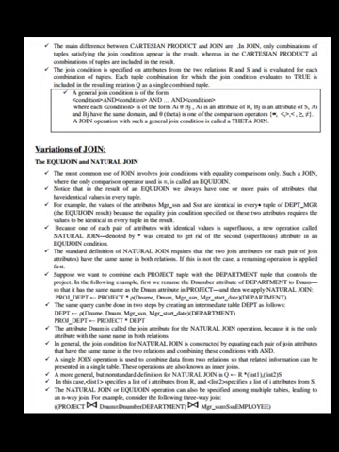Now let us see variations of join: the equi-join and natural join. The most common use of join involves a join condition with equality comparisons only. Such a join, where the only comparison operator used is equal to, is called an equi-join. Notice that in the result of an equi-join we always have one or more pairs of attributes that have identical values in every tuple.